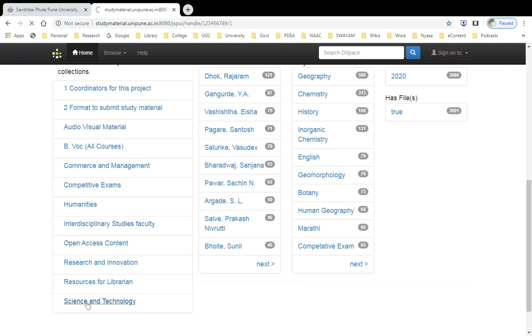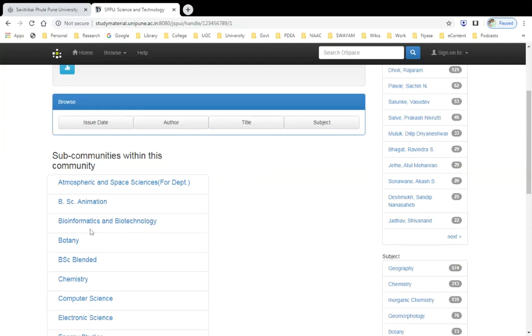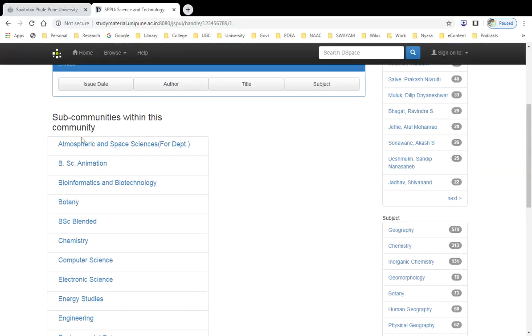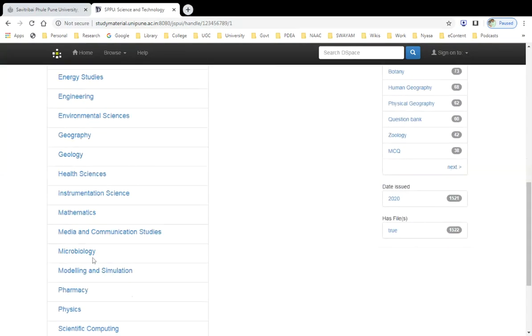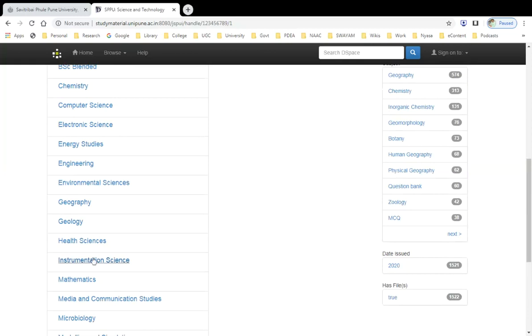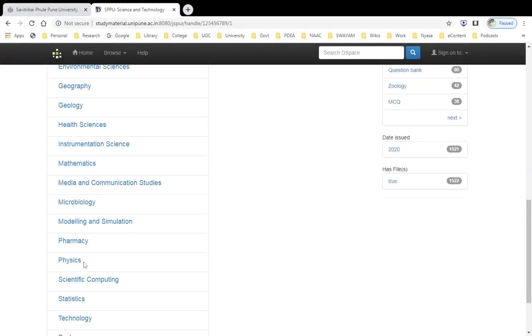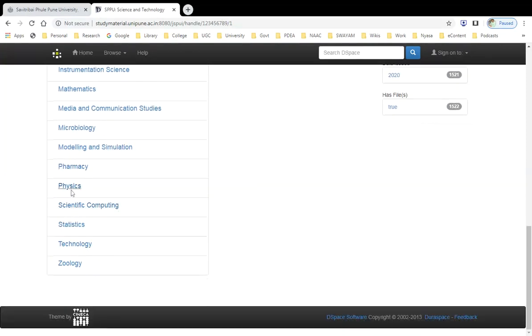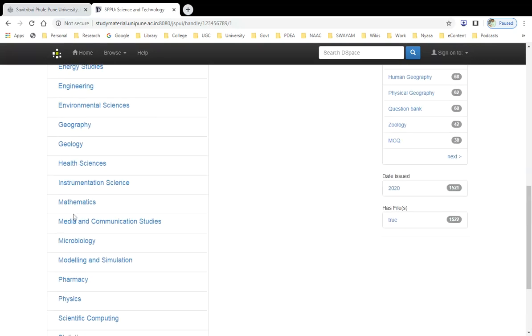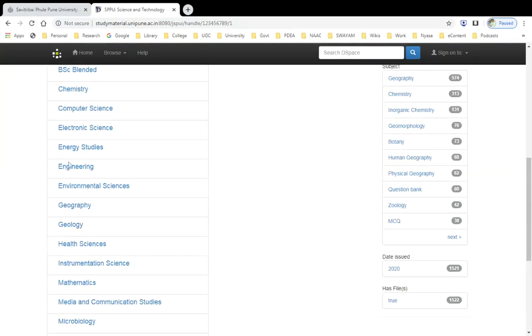Let's see, under the top communities, science and technology as an example, how sub-communities are created. Under science and technology, as a stream and top community, various disciplines, departments or subjects are listed here, and among these we can go for the subject we wish. There is physics, zoology, then geology, geography.